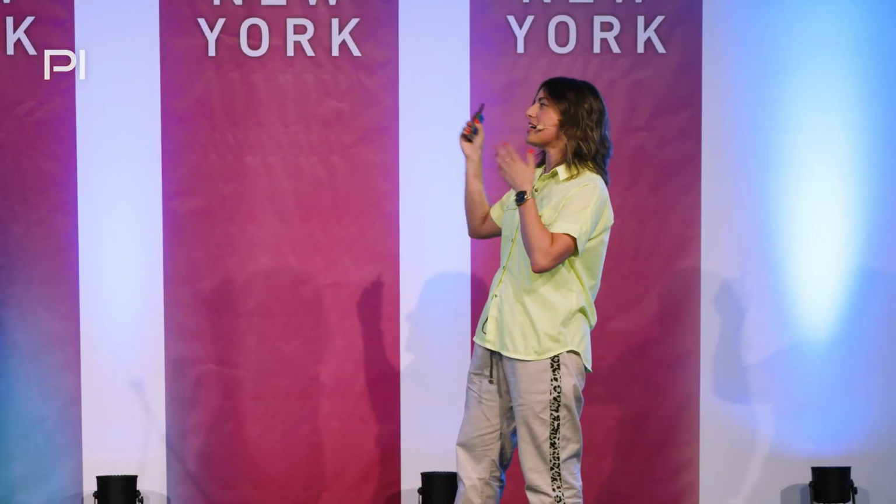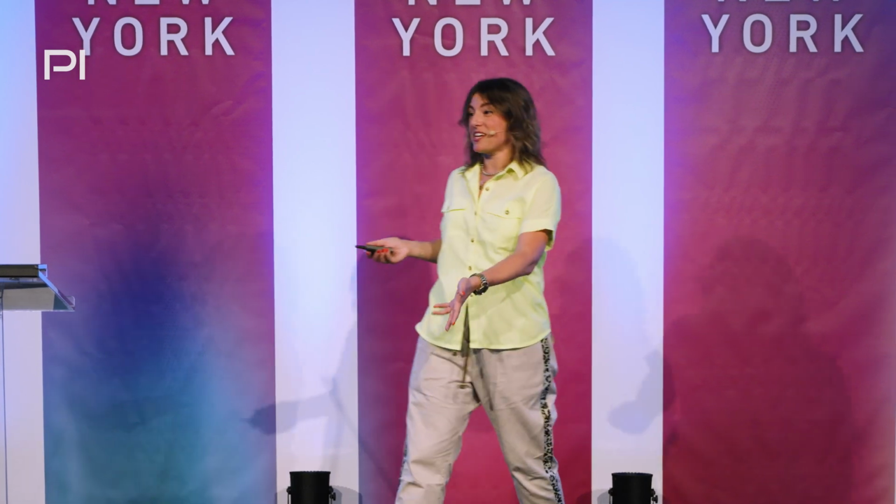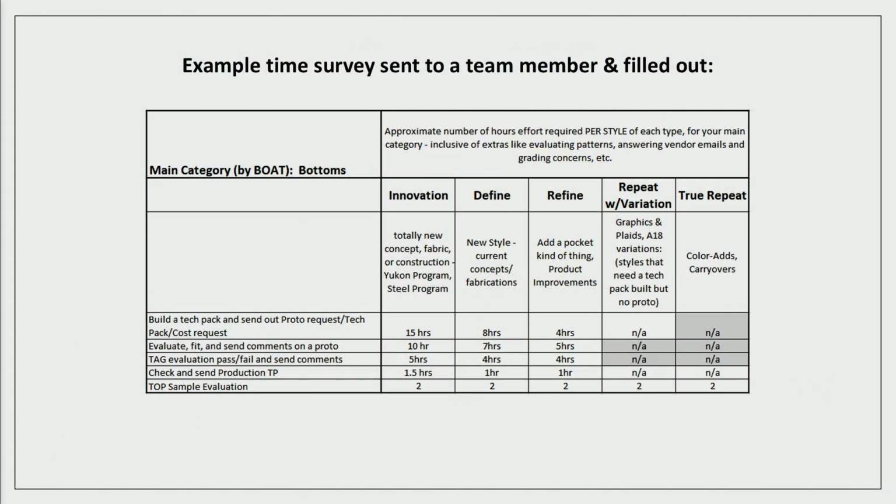So, we've come up with some internal terminology to talk about the style complexity that we have. That is the second factor, along with the steps in the process and then the complexity in the styles. So when you start to merge those together, how do you find out from your team how much time that actually takes? Why don't you ask them? I just put together a little Excel template and sent it out to my team a couple of years ago. We started this work a couple of years ago, and I said, for your category, we do bottoms, outerwear, accessories, tops at Carhartt,